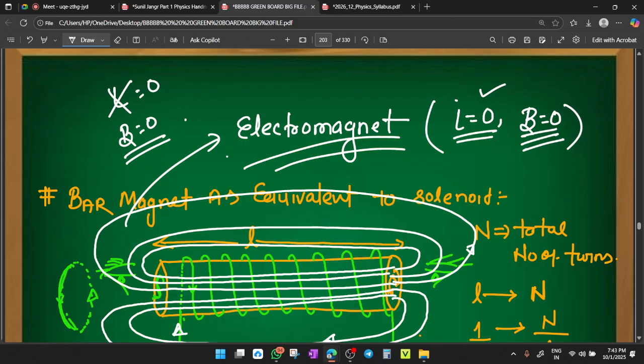One more advantage. Can you tell me one more advantage of this magnet, electromagnet, over a permanent magnet? Or you can say over a bar magnet? One advantage. Sure. Hmm. Any idea? No. Look,